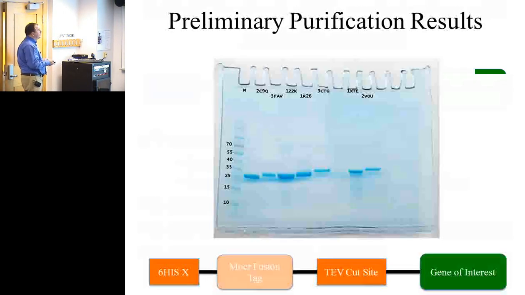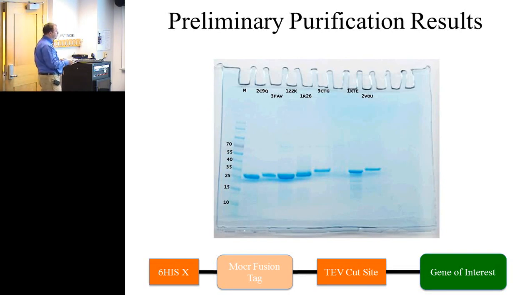So this is an SDS stain, or Coomassie stain, SDS-PAGE gel. It's essentially 4 or 5 centimeters on the side, and the thin axis is about 1 millimeter. What we do is we load our protein samples up here, and then we run voltage over the gel, and the proteins basically run down this way based on amino acid